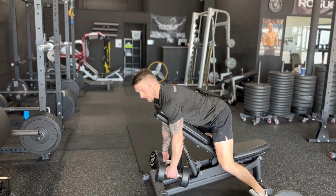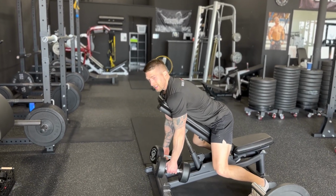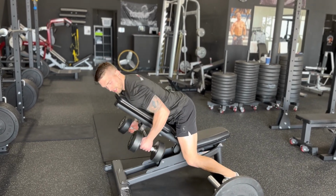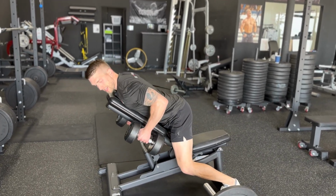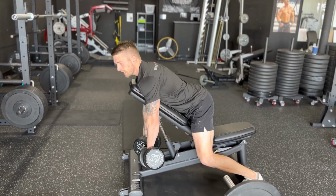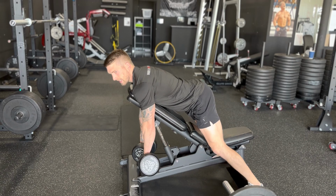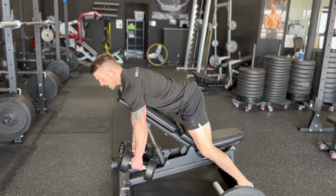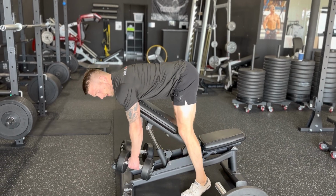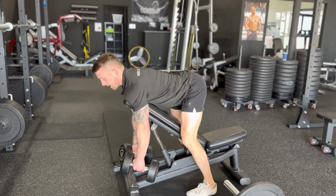Now, you'll see some people that kind of do this motion. I don't really like that because a lot of people are pulling very, very low, and they're making this 90 degrees, okay? That's totally fine, but that's going to hit a lot of lat, and I like to hit a lot of upper rhomboid, trap, and honestly target my biceps a little bit more. So what I do is when I get in this position, I actually walk up. You might even have to be on your tippy toes, and then I pop my butt and I keep my